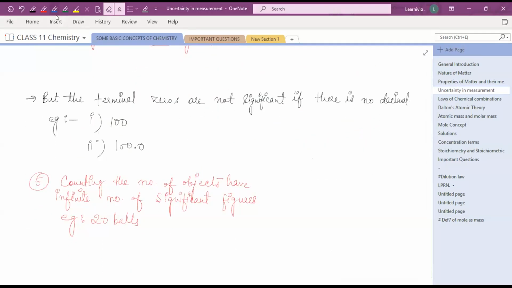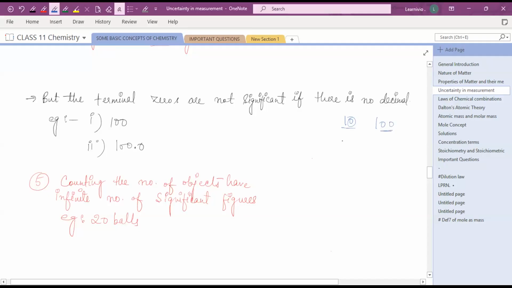Next is, the terminal zeros are not considered as significant if there is no decimal, right? Like in 100 or 10. If I ask you how many significant figures are there, only one significant figure, right? We will not consider these zeros. So here, if it is 10, for example, or 100, we will not count these zeros